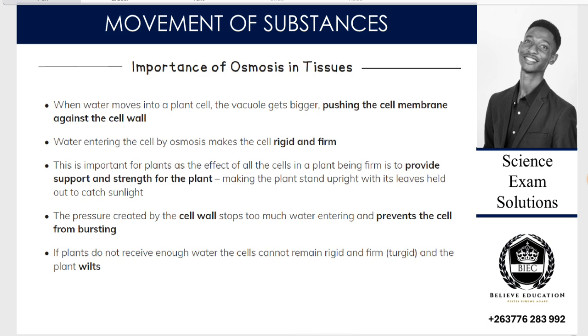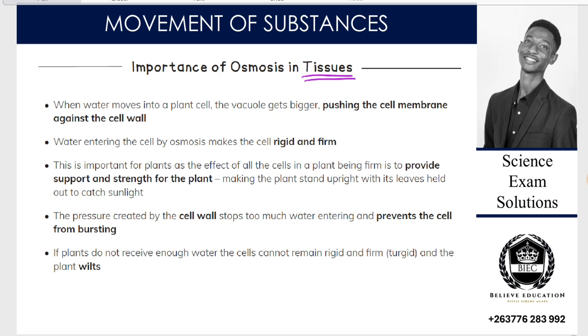So after having known all this, we now want to understand the importance of osmosis in tissues, because osmosis is helping movement of what? Of molecules within the cells themselves. It is important primarily to what? To tissues. Previously, when we talked about cell differentiation, we also talked about the fact that cells of the same kind are grouped, and a group of cells of the same kind becomes a tissue.